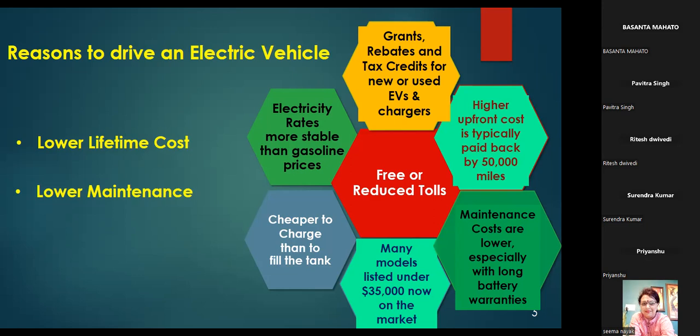So the initial cost of the vehicle is very high due to the use of batteries because batteries are costly, and it depends on the life cycle of the battery. So once we have purchased the set of batteries, so thousands of batteries will be there in a vehicle, and this will run 5 years, more than 5 years. So it depends on the battery life. So lifetime cost will be calculated as per the requirement and lower maintenance cost.